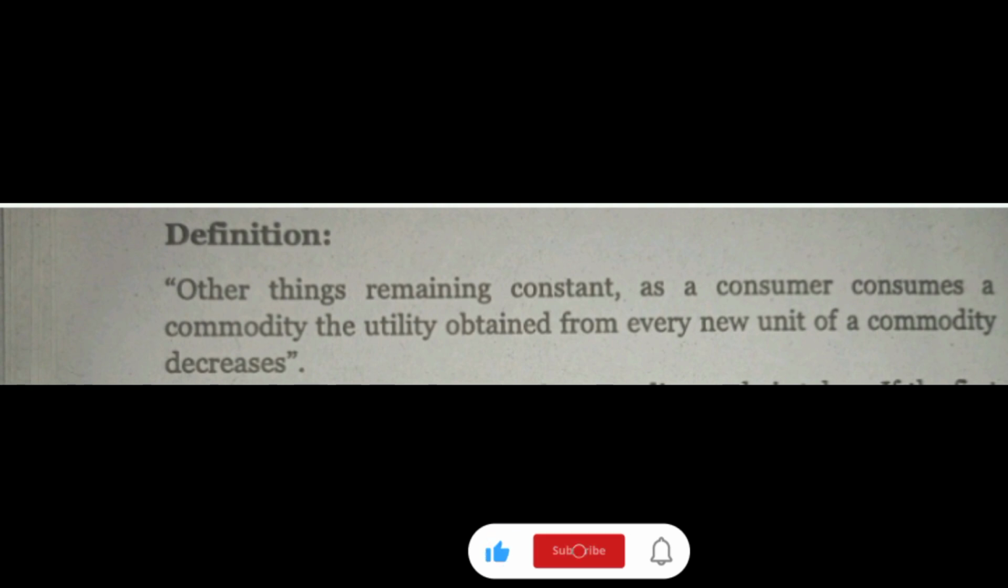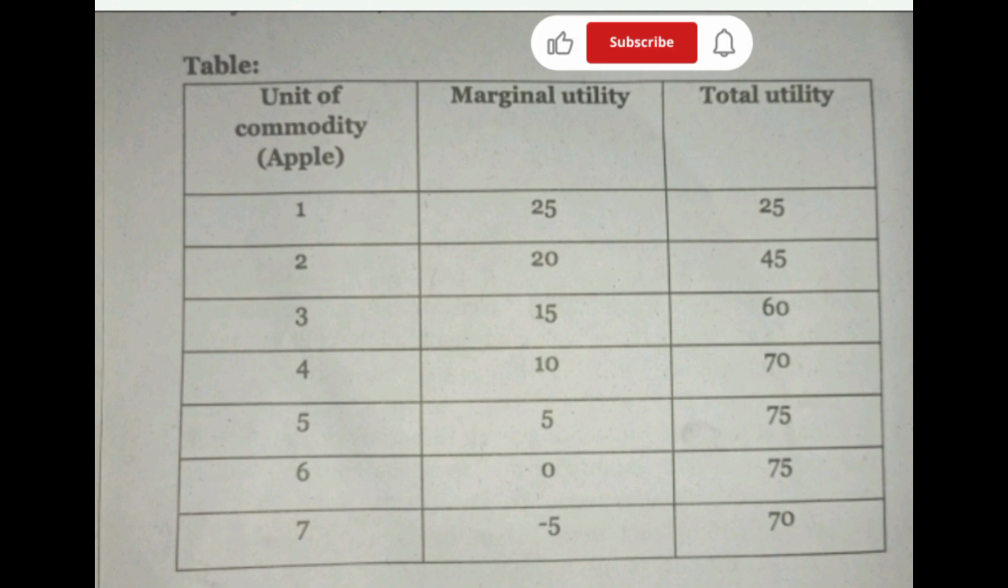The law states that if other things remain constant, as a consumer consumes a commodity, the utility obtained from every new unit of the commodity decreases. This law states a universal truth. Our marginal utility decreases as we use more and more units of any commodity. We describe this law with the help of